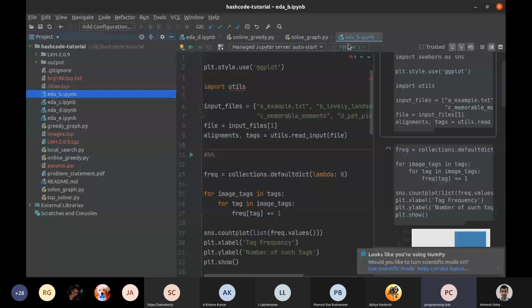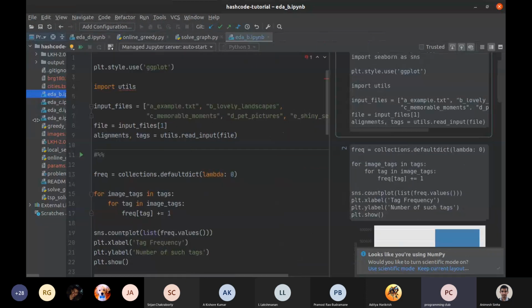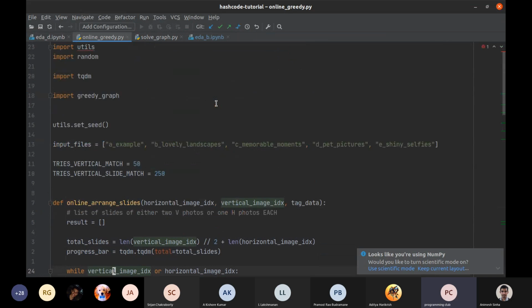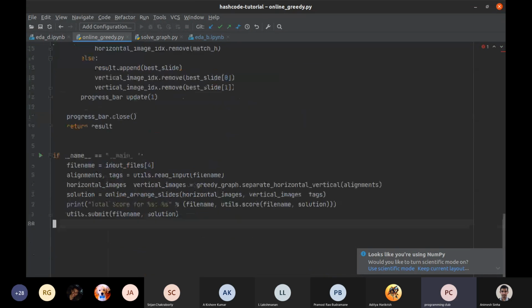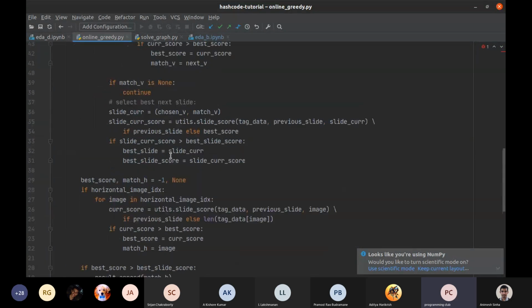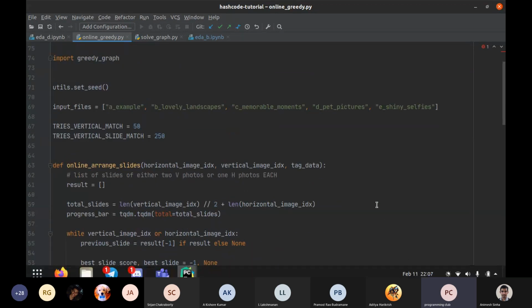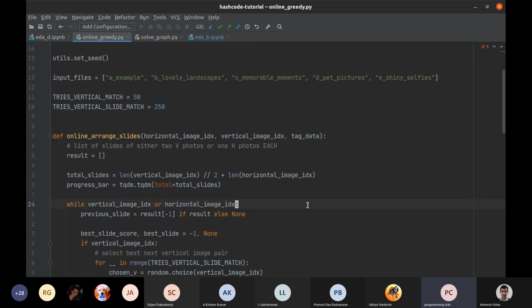I'll show you what other approaches there are. One particularly interesting approach is online greedy. I will not code it now, because I have shown you that we can code an 80 line solution in 30 minutes. We can do this again for another code, but that's not the point. Now we have spent 1 hour, and we want to look at different solutions. This approach does not get you a very good boost in the score, but it gives you a decent boost. This here is an online greedy.